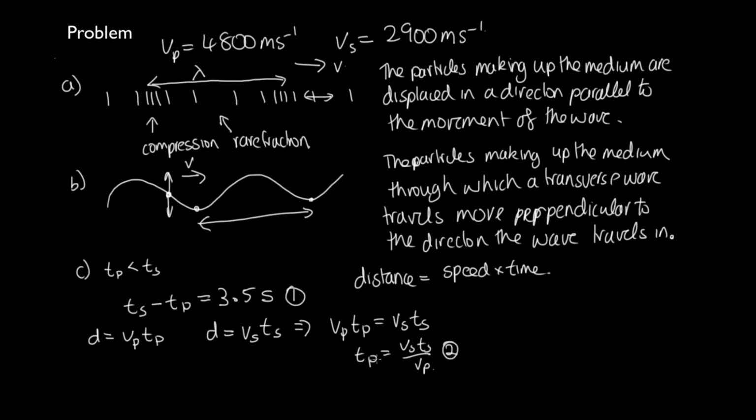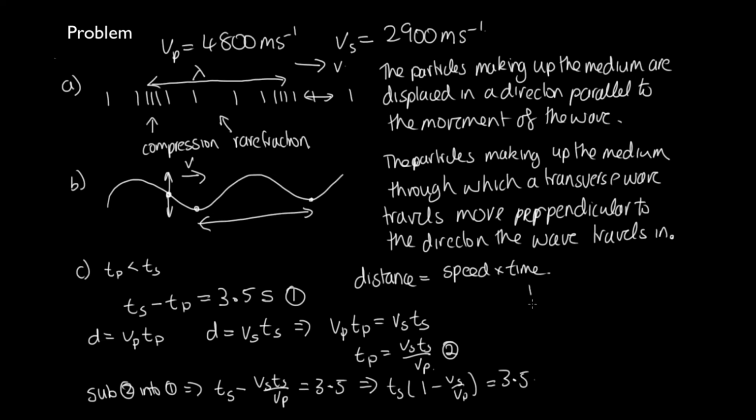And what we can do is substitute equation 2 into equation 1. So sub 2 into 1. So this tells us that Ts minus, instead of writing Tp, we'll put Vs Ts on Vp, is equal to 3.5. So rearranging this, we can pull Ts out as a common factor, and we've got 1 minus Vs on Vp is equal to 3.5. Okay, we need to make some more room. We'll continue up here. So we've got Ts is equal to 3.5 divided by this, which is 1 minus